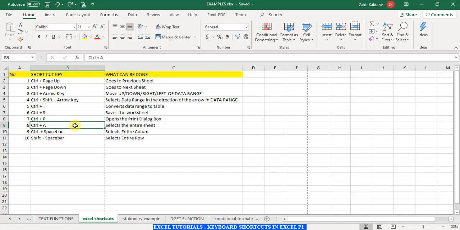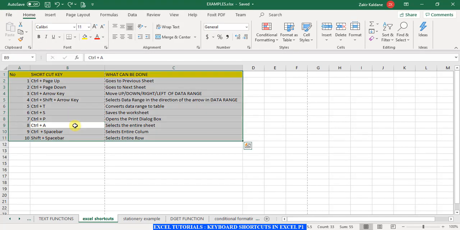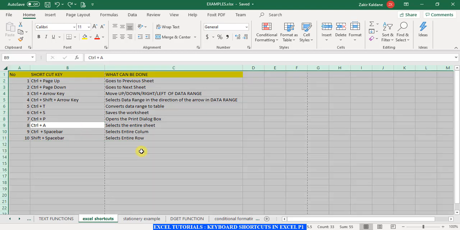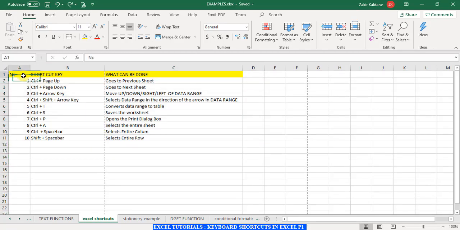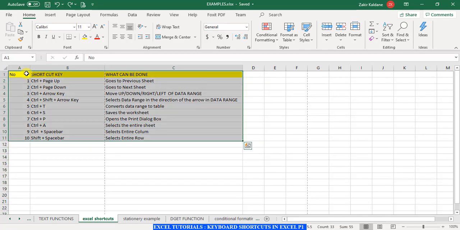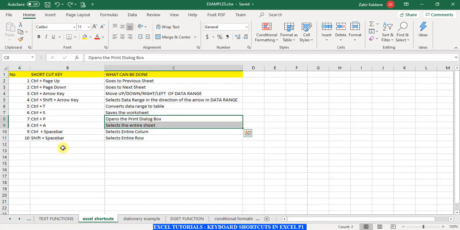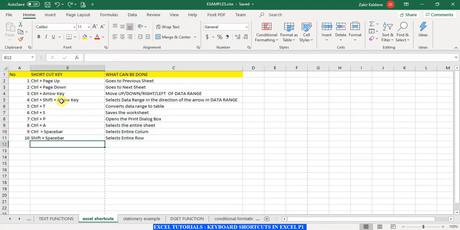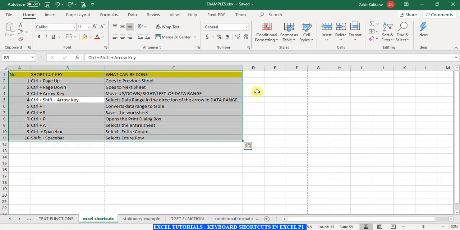What does Control A do? If you press Control and A, it will select the entire sheet. Or if it is in a data range, for example, right now I am in a data range and I press Control A, it has selected that data range.